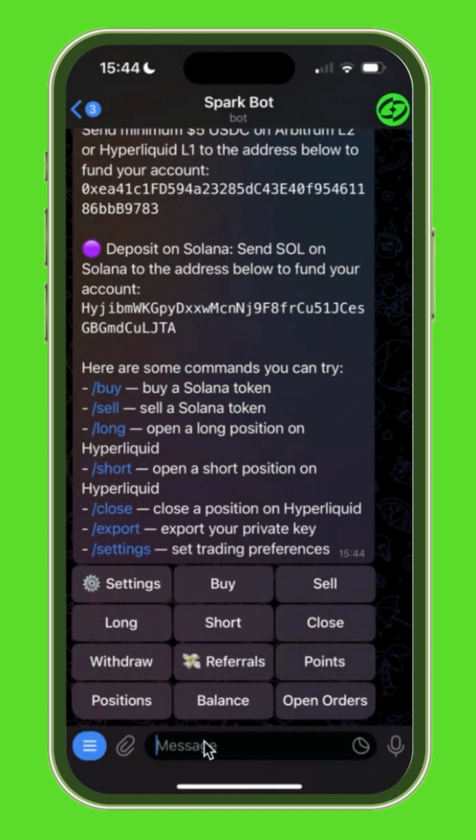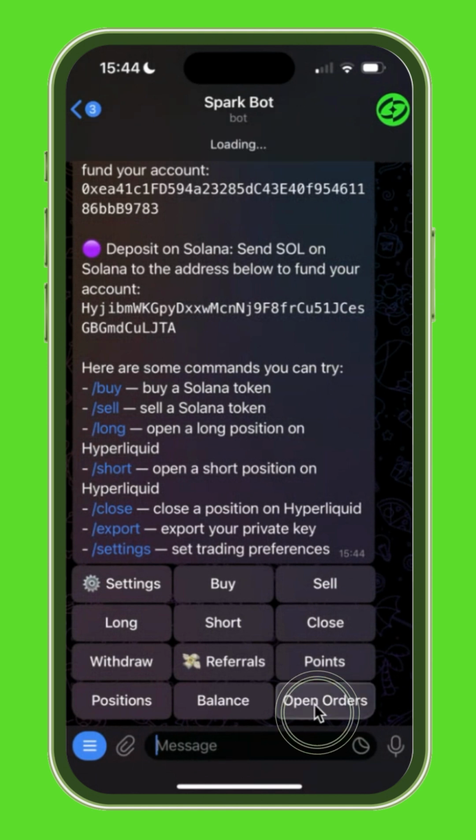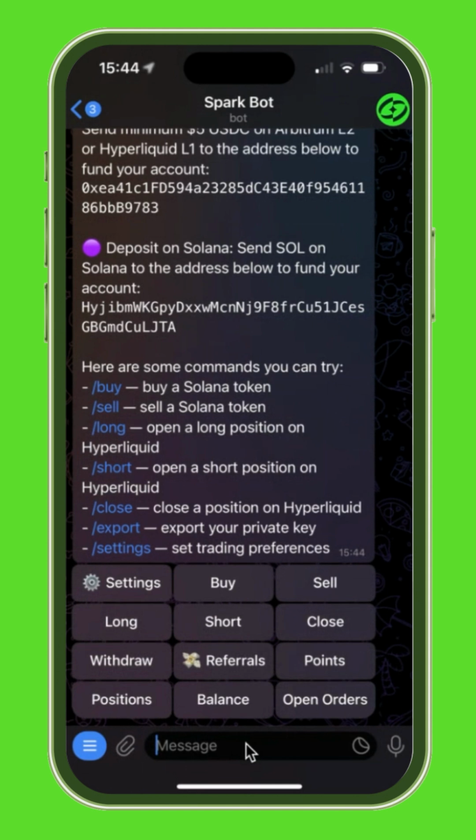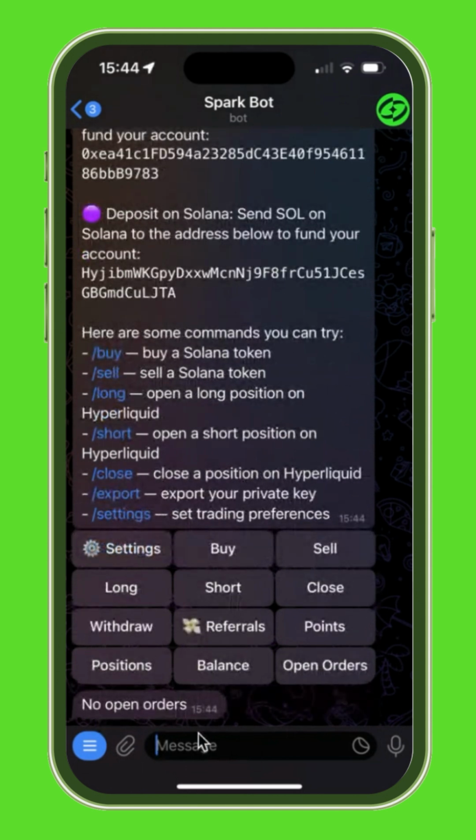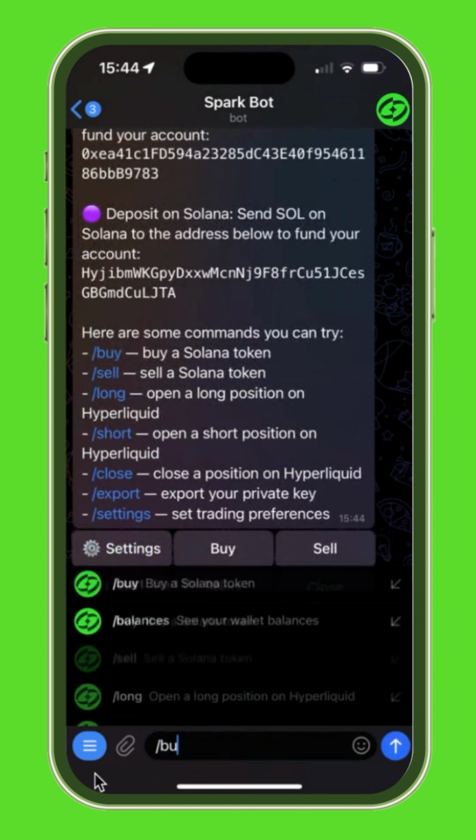Two more features to show on the Spark bot, brand new. One is limit orders. So if you were to click this new open orders button here, you will see that I have no open orders because I have no limit orders. However, if you are to buy,